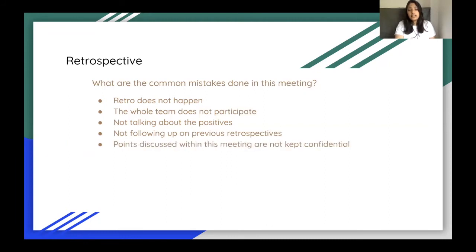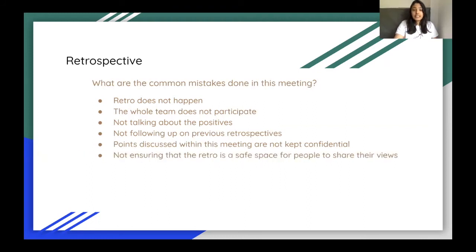And I will share two points at this point because I feel they're interconnected. Points discussed within this team are not kept confidential, and as a result, the retrospective does not become a safe place. So I will talk about these two together. When we discuss a retrospective, unless there is an action item to talk about that point ahead,